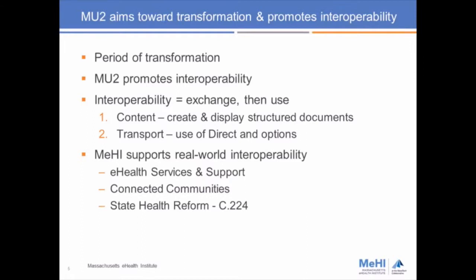We have a couple new initiatives and programs that we'll be launching to really support this big interoperability effort and the adoption of health IT. There's an e-health services and support effort that we're launching here. You're going to hear more on that shortly, to really encourage effective use and to support our meaningful users as they work to get through their various stages. And then we have a big program that's going to be kicking off shortly called our Connected Communities program,